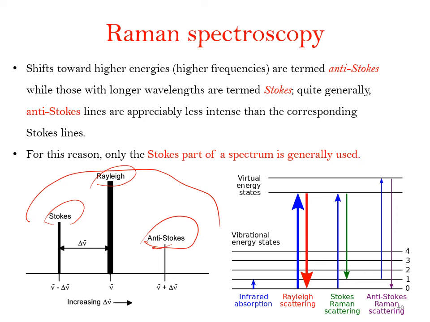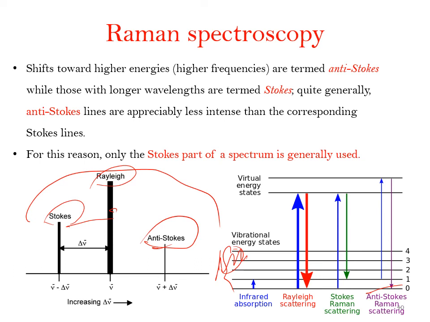This is because only molecules that are vibrationally excited prior to irradiation can give rise to anti-Stokes. If the molecules are not vibrating on the ground state, the anti-Stokes Raman scattering will not occur. The energy difference between the Rayleigh and Stokes reveals the frequency of the vibration of the molecular species